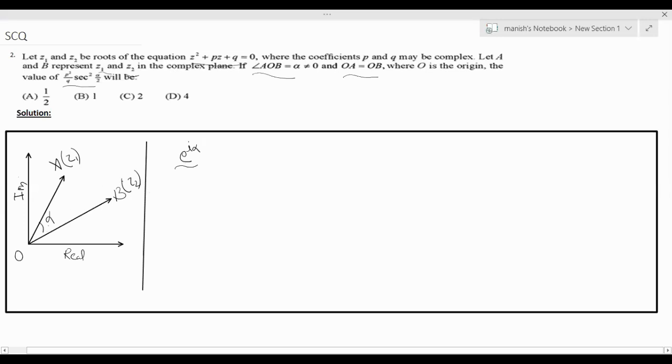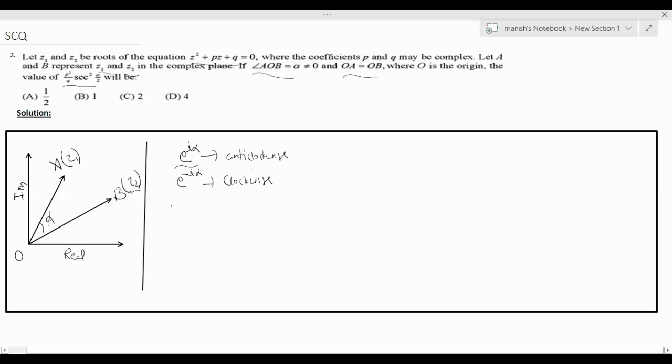So here also we have a similar situation. If you observe carefully, you have the Z2 complex number, which is rotated by angle alpha in the anti-clockwise direction. I am telling you very carefully that if you want to rotate, then multiply with e power i alpha, and be very careful, that should be anti-clockwise. If you want to rotate clockwise, then you multiply with e power minus i alpha. So you should know this relation, and by that information we can relate Z2 and Z1.